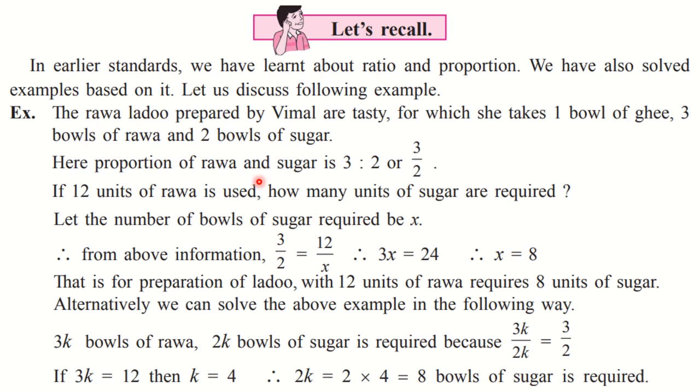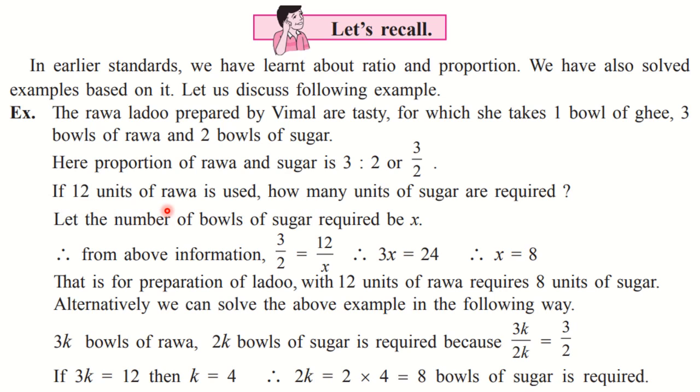So the proportion of rava and sugar is 3:2, which we can write as 3/2. So this ratio 3:2 we can write as 3/2. Now these two numbers, we say that they represent the ratio of rava and sugar. Now if 12 units of rava are used, how many units of sugar are required? The proportion is given to us and we have to find out the units of sugar when the units